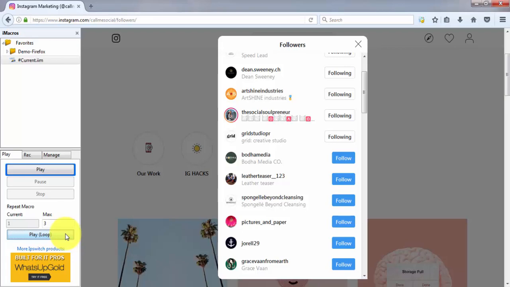So the reason is that the loop is being repeated very fast. Right? It's happening so fast that we don't even see it because the computer is really fast. So what we need to do is click on the follow button and wait for a few seconds and then click on the follow button again, right? So how do we tell the software to wait for a while, right? So let's open our code again,